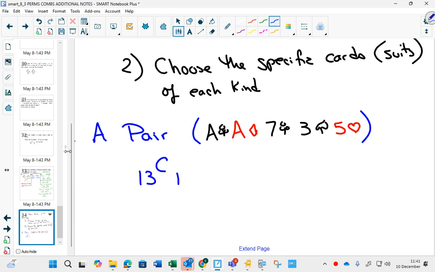So if I chose aces, how many aces are in a deck of cards? There's 4. Which 2 aces do I have is 4 choose 2. Sometimes people say this is choosing which suits your aces are going to be. I just think I have my actual 4 aces. Once I've chosen that my kind is going to be aces, I take out the 4 aces. Which specific 2 cards am I going to pick for 4 choose 2? This together counts all possible